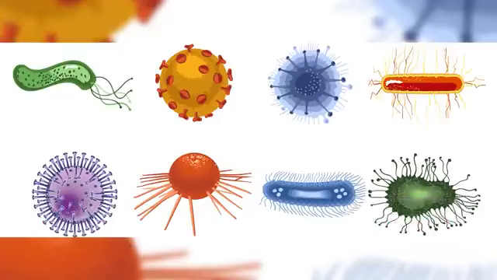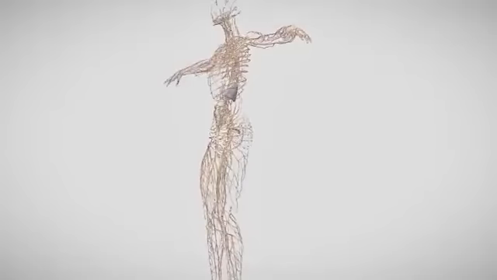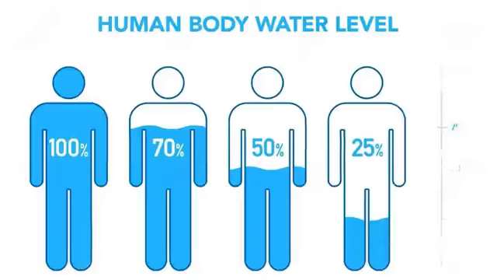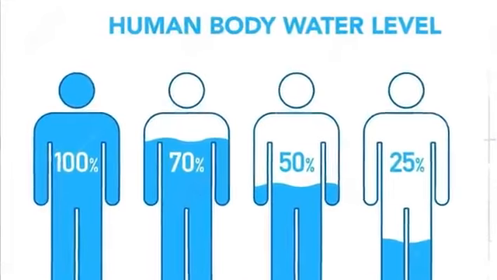bacteria. Another important function of the lymphatic system is to maintain fluid balance in the body by returning excess fluid and proteins from the tissues back into the circulatory system. This helps to prevent the buildup of fluids in the tissues and helps to keep blood pressure and fluid balance